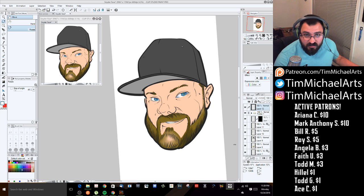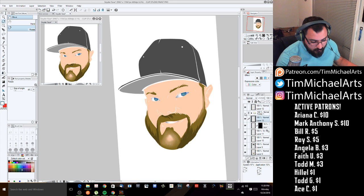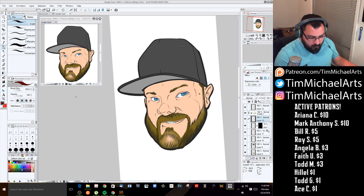So shadows I do with a red hue. I like warm shadows. So what I'll do is I'm going to create a new layer, and I'm going to drag that layer underneath my inked layer, okay? So the inked layer is going to sit above it. That way I don't have to worry about it overlapping over those. Grab a deep warm red,